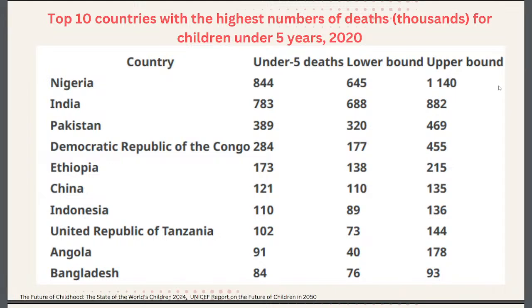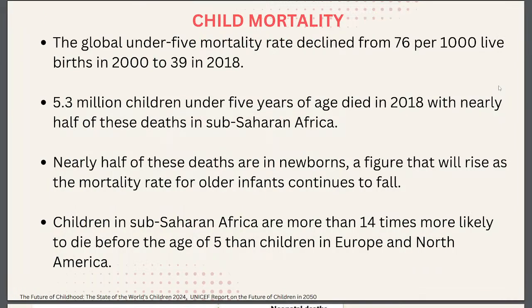If you take it across the number of deaths that are occurring across the globe, because of the sheer population of India, India takes a large chunk of those deaths. So, the global under 5 mortality rate declined from 76 per 1000 live births to 39 in 2018. About 5.3 million children under 5 years of age died in 2018, with nearly half of these deaths in sub-Saharan